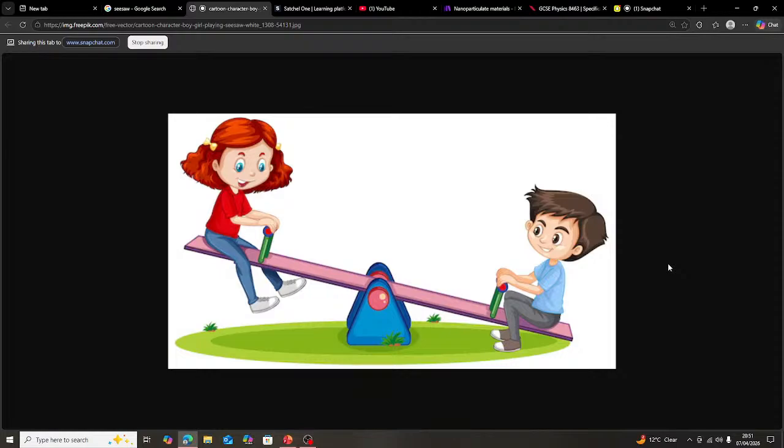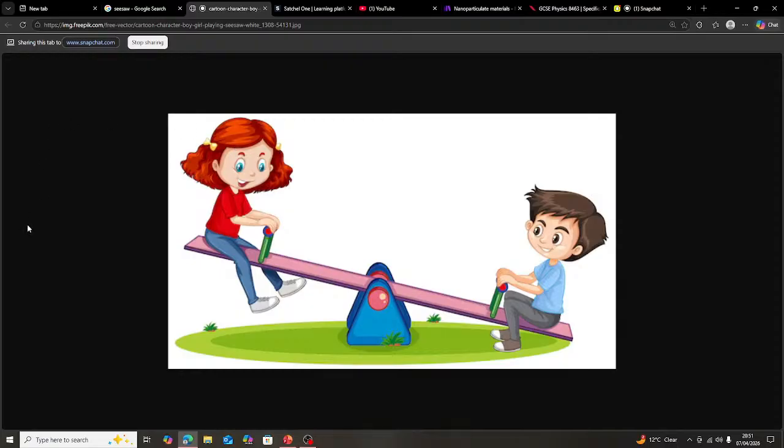No, she has to move away from the seesaw. Wrong. How's that wrong? It just is. No, it's not. She has to move away from me. Either she moves away or he moves further. Yeah, because if he moves further, yeah, my bad. If he moves further, then the distance is going to decrease, and it's going to match the moment of this girl, which makes it equal.